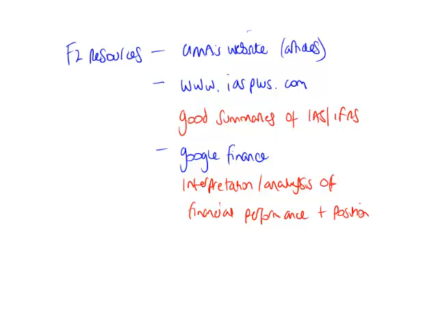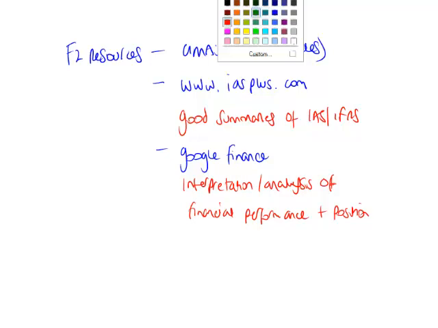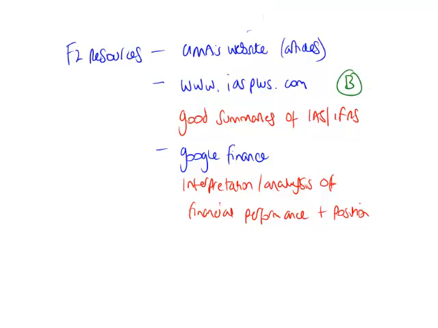So the IAS Plus website is very useful for syllabus area B, your financial reporting area, and Google Finance for syllabus area C, having a look at the key ratios and the key numerical indicators like share prices of different companies that you're interested in. Also, it does link into sources of finance as well, because you'll have related news articles, links to them, attached to them, so you can see if a company's had to